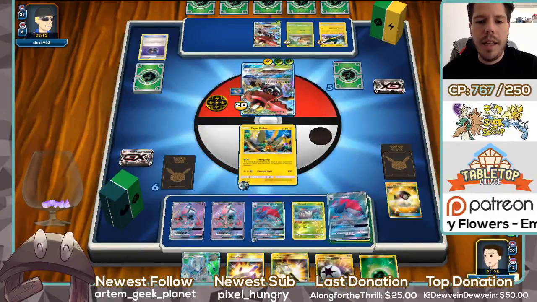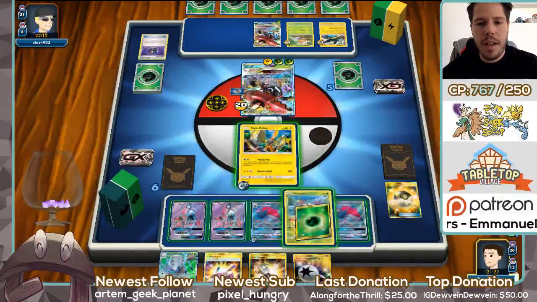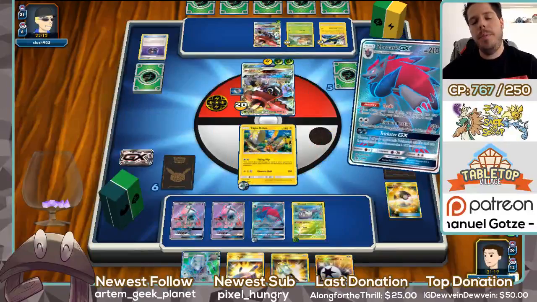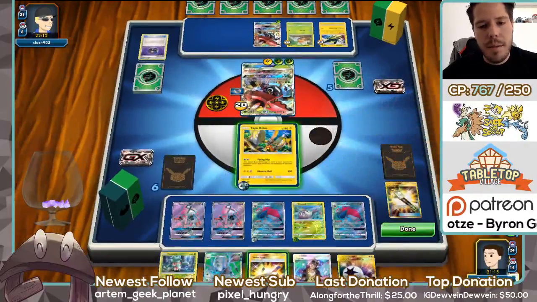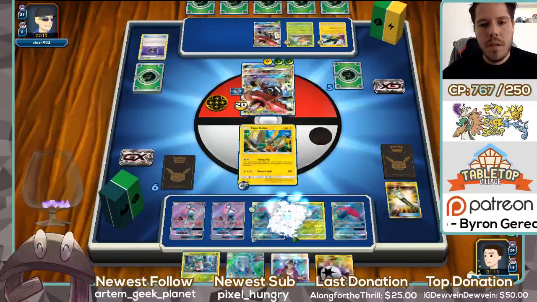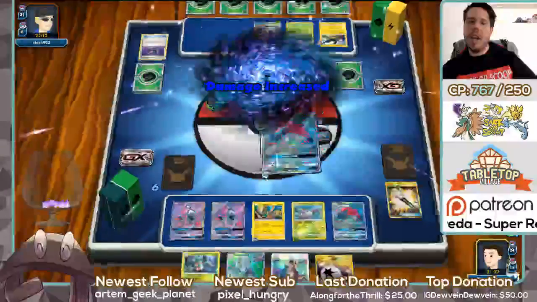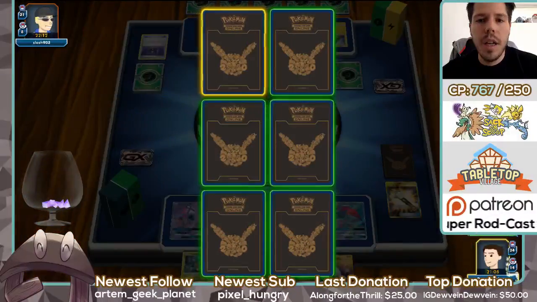I can start preparing the Golisopod actually, which is really nice. Like I can attach here. So even if my opponent gets a return KO on my Zoroark, then I can get the return KO. Which is cool. It's unlikely because we're missing the Choice Band once again, but at least for now we get to hit for 170 and we get to knock out the Tapu Lele in what is usually a